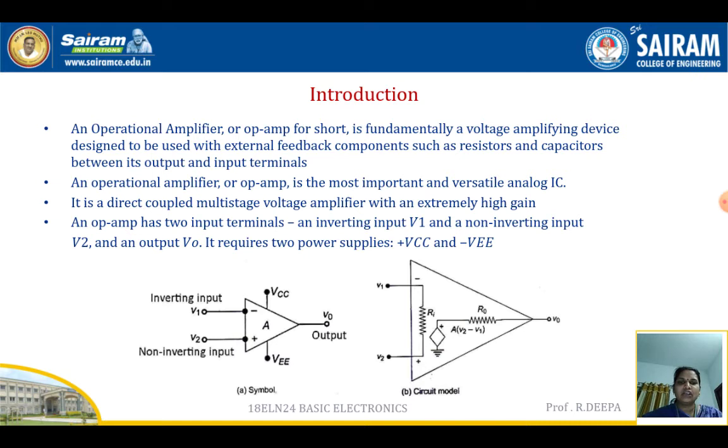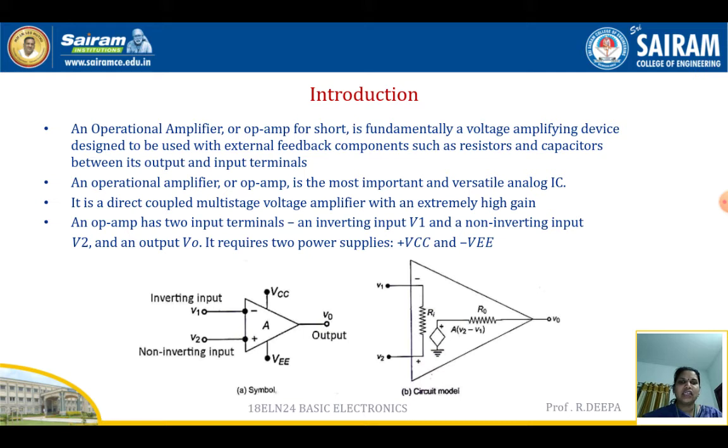Here you can find the inverting input terminal and the input resistance of the op-amp. Usually the input resistance of an op-amp is represented as Ri, and it will be very high. This resistance is available in between the two input terminals. In the output part we have the output resistance, represented as R0, which will be very small. For an ideal op-amp it will be almost 0.